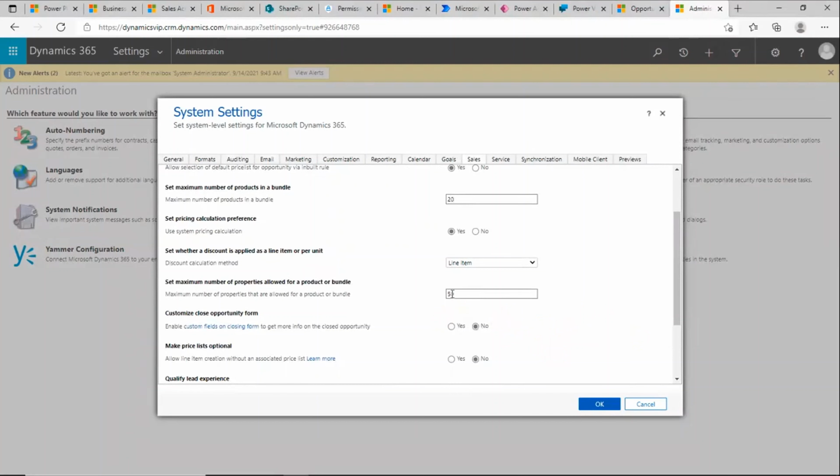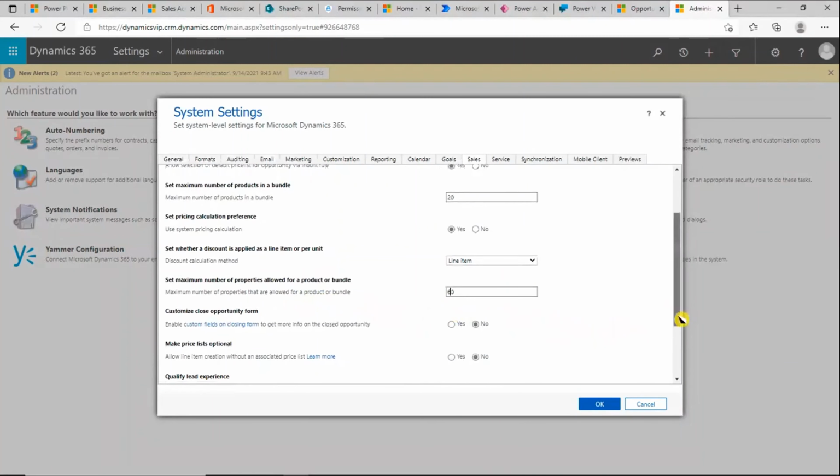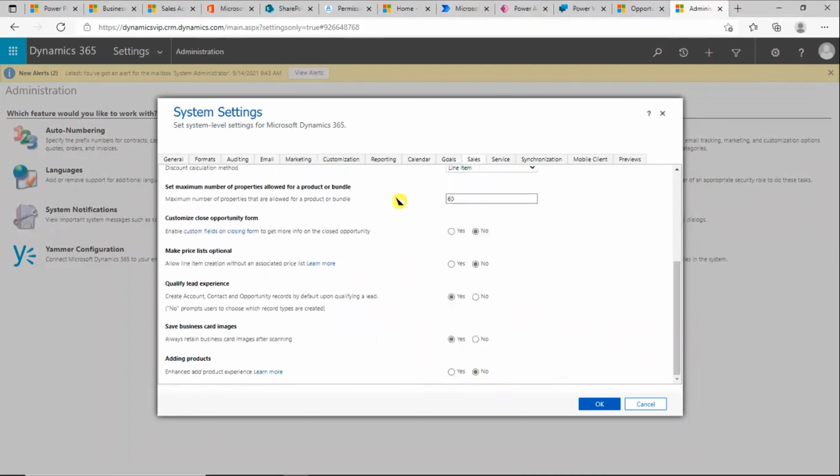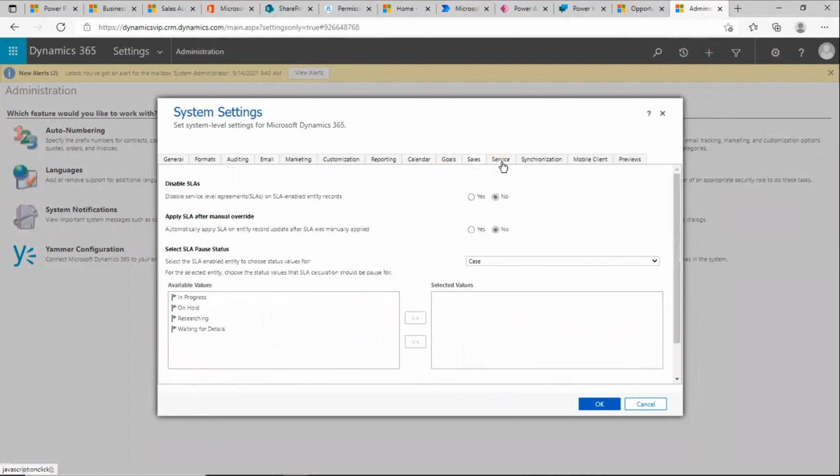Yeah. So for example, set a maximum number of properties allowed for a product or bundle. So it's based on your business decision to make the change. Here, we define the